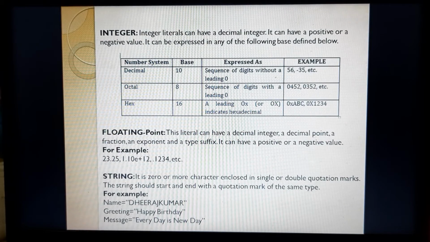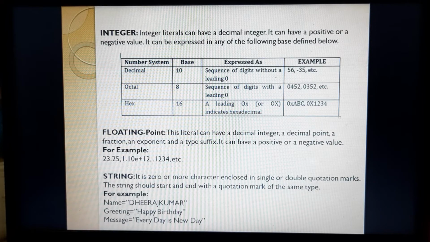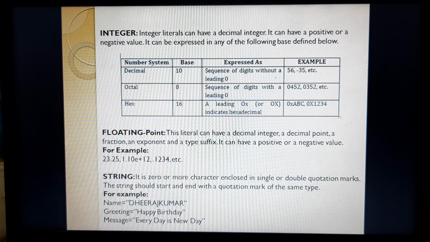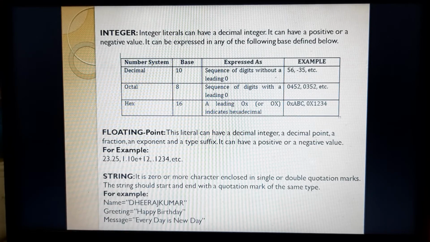So here you must understand that the characters enclosed within a pair of double quotations, I am saying characters. Characters may be alphabets, maybe digits, maybe special symbols, or a combination of all, is called a string. But it should be enclosed in a pair of double quotations. Then only it is called a string.